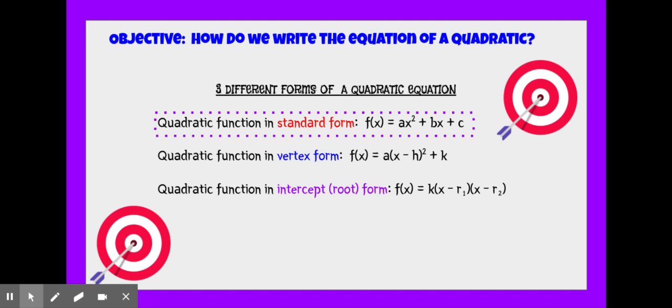Hey, now today what we're going to do is look at how we write the equation of a quadratic. We can do it from lots of different forms, but today we're going to write them all in standard form. Generally speaking, standard form is just a simplified version of a quadratic, meaning you need to simplify it using order of operations and multiplying, combining like terms, double distributive, or just the distributive